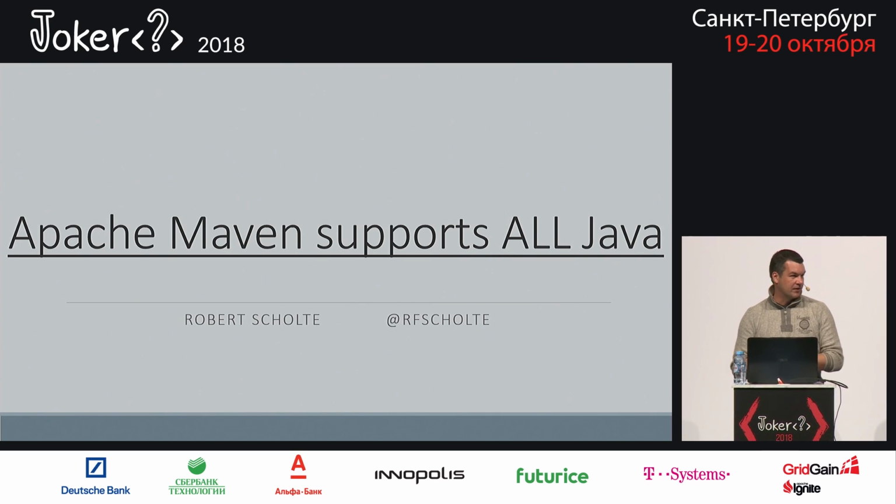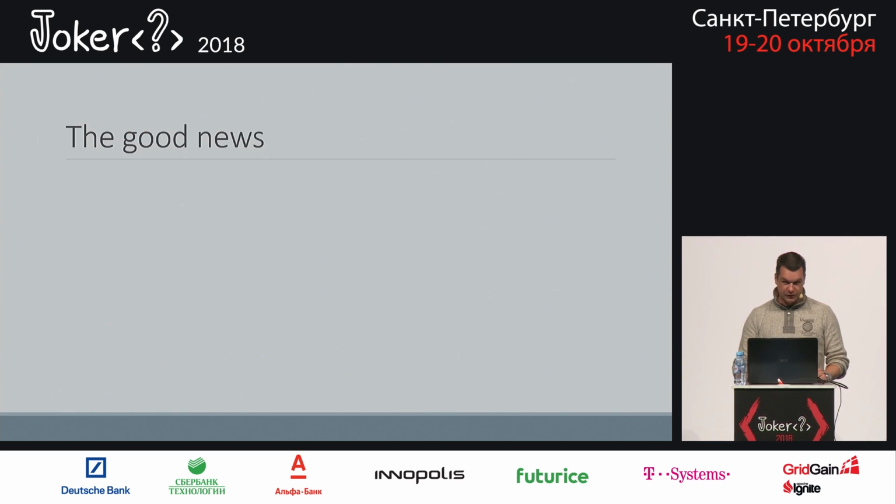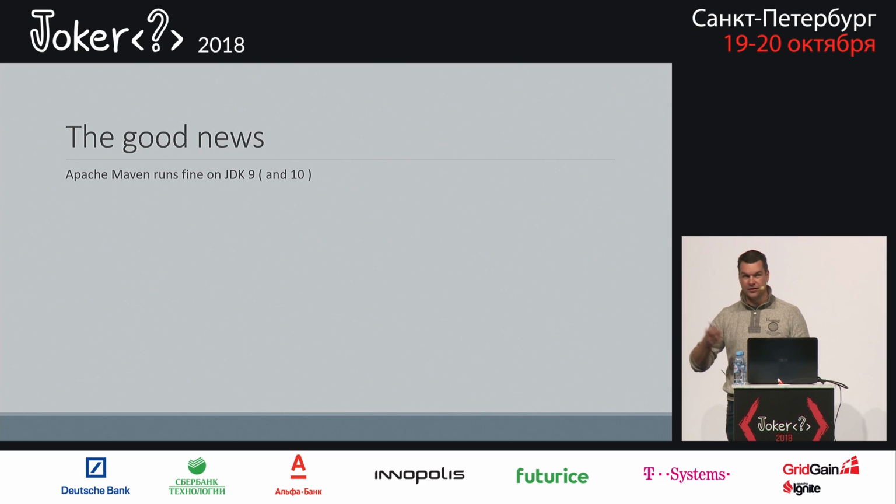So let's talk about Apache Maven and all the Java versions it supports. The good news is Apache Maven runs fine on JDK 9. This is one of those sentences from last year when Java 9 was released. This year,